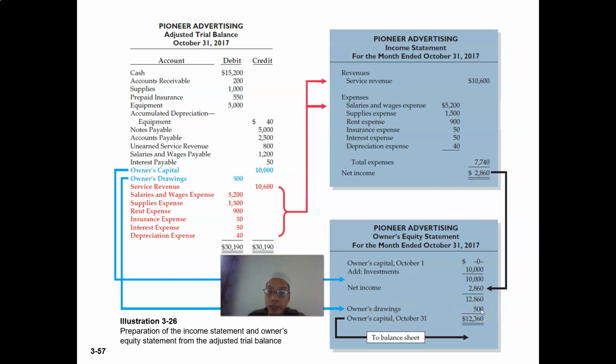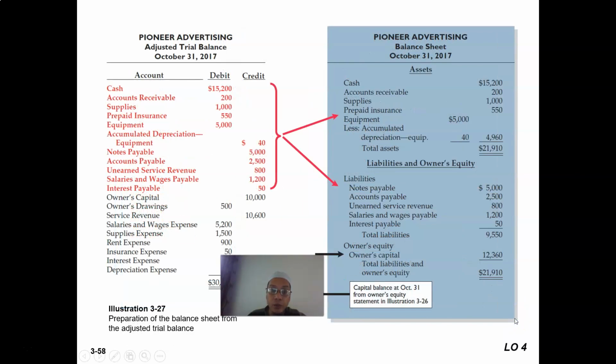And after deducting drawings, we have a balance of 12,360. That's the owner's capital as at 31st of October. And then we will produce the balance sheet. Balance sheet will show the current standing of all the assets and liabilities. On the asset side, the top part is the asset. We will take all of the asset accounts from the adjusted trial balance. We have cash, we have accounts receivable, supplies, prepaid insurance, equipment, and also the contra account to equipment, which shows